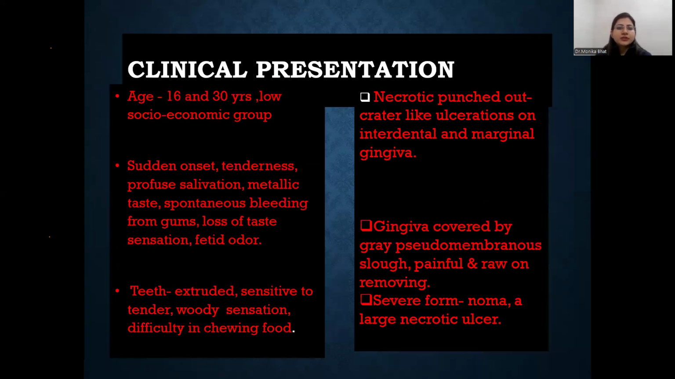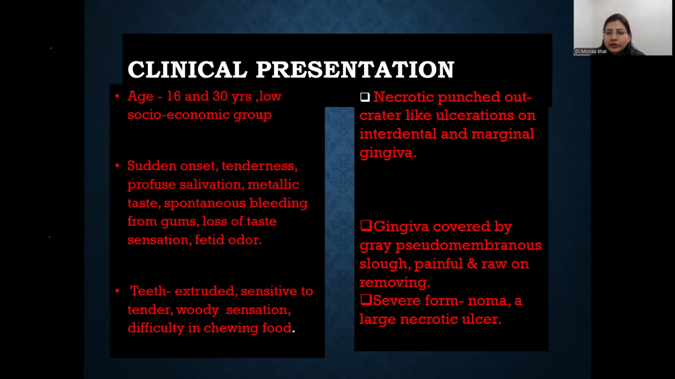The clinical presentation: age 16 to 30 years, in the low socioeconomic group, as I discussed, the trench areas or those with poor oral hygiene can have this category, that is, necrotizing gingivitis. Sudden onset, tenderness, profuse salivation, metallic taste, spontaneous bleeding from the gums, loss of taste sensation, and fetid odor are seen. Teeth are extruded, sensitive to tender, with a woody sensation, and there is difficulty in chewing food,